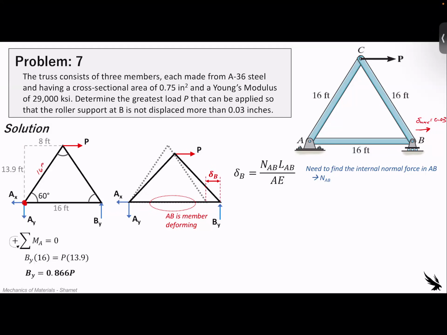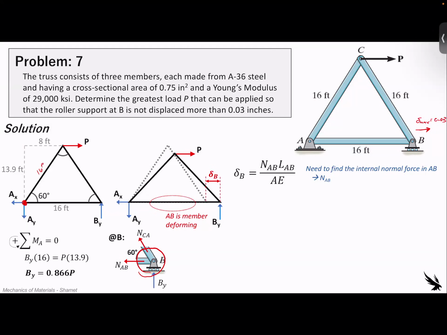So BY can be set up as a function of P, since we don't know P, of 0.866 times P. Now let's look at the section here at point B,